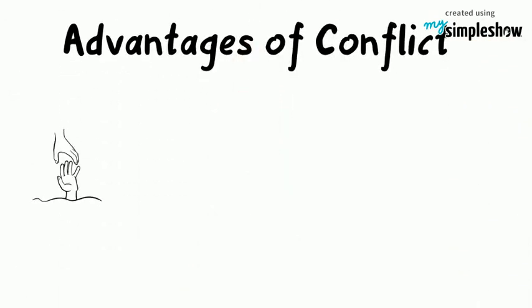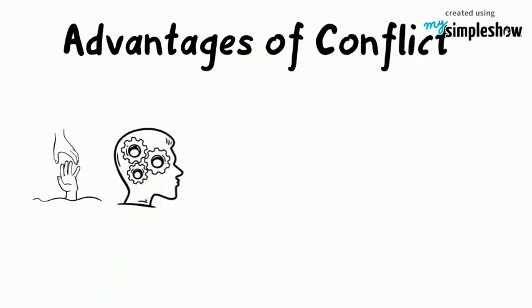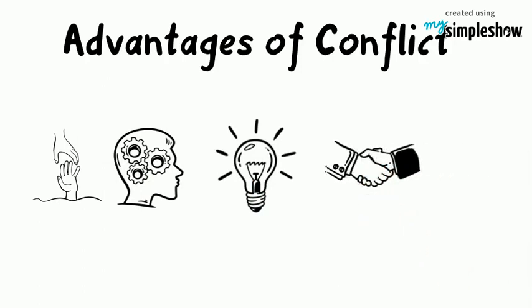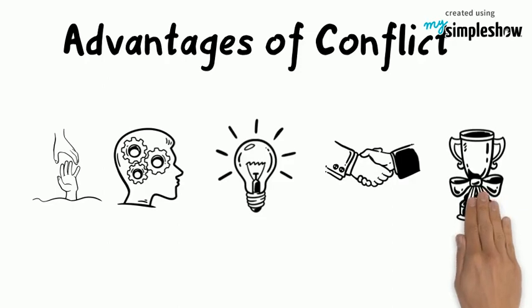Conflict may help to create an awareness of a problem. Conflict may stimulate creative thinking. Conflict may help people to understand a problem better. Conflict may lead to collaboration where the focus shifts to working together by encouraging ownership and commitment in a team. Conflict may motivate people to give input and to get involved.